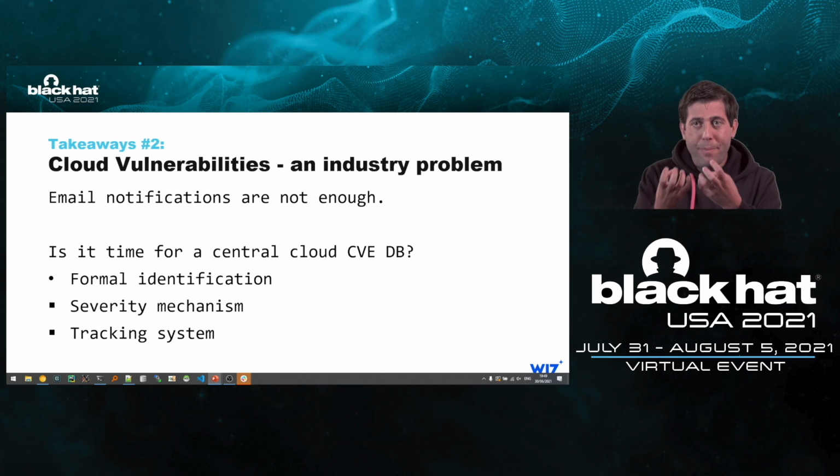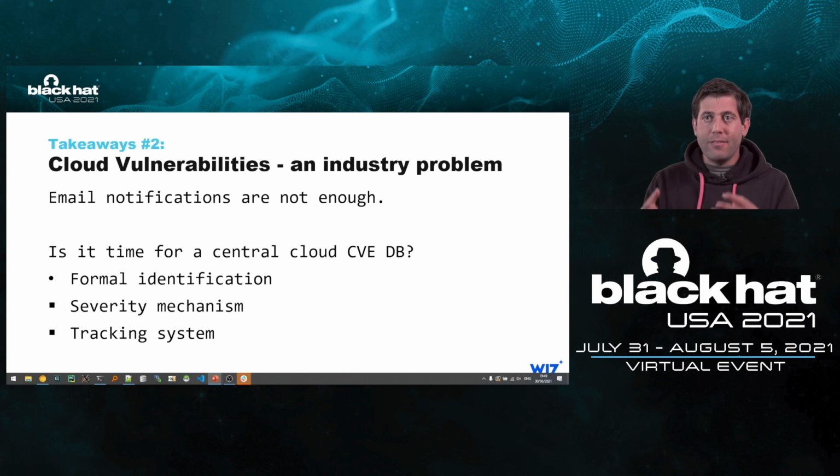It feels like there's a bigger problem here that we need to fix. There's a maturity problem here. The more we looked into it, the more we talked with people from the industry, we understood the same problem was already fixed in a different domain. 20 years ago, in 1999, the CVE system was born.